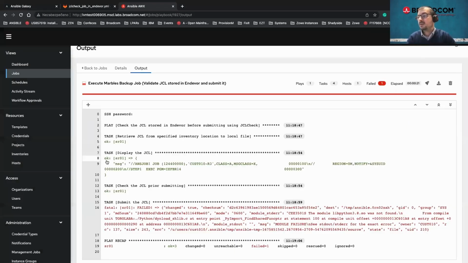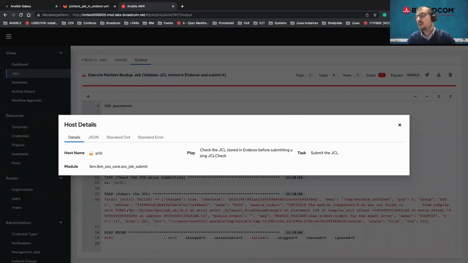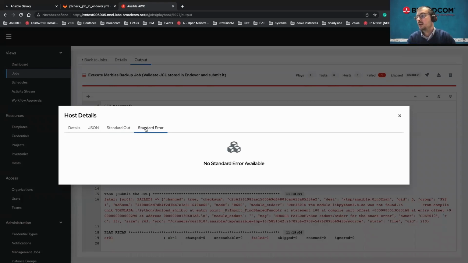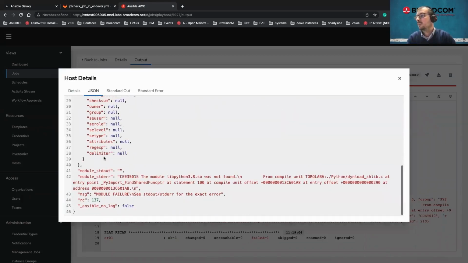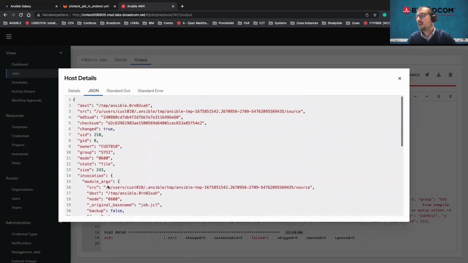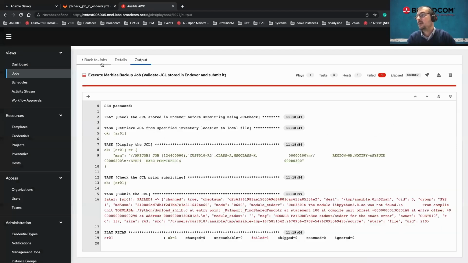This task was successful, so there is nothing more to return. But if I click on this, I cannot here. Yeah, you can see better formatting of the error,